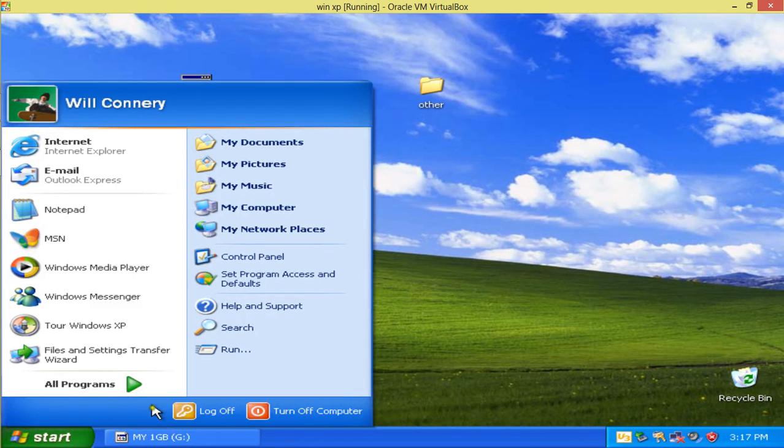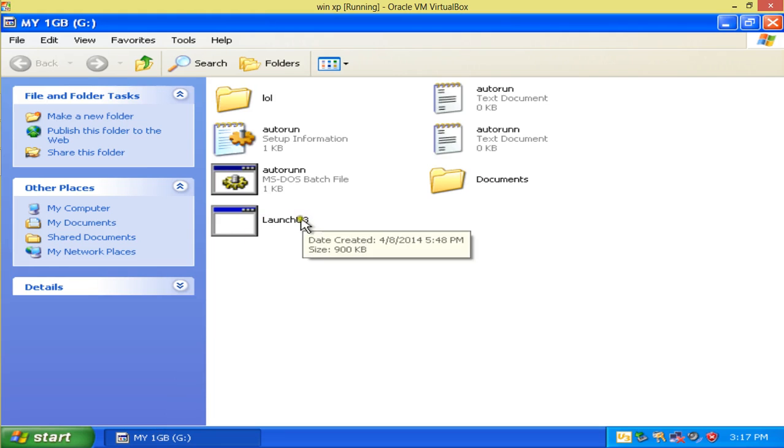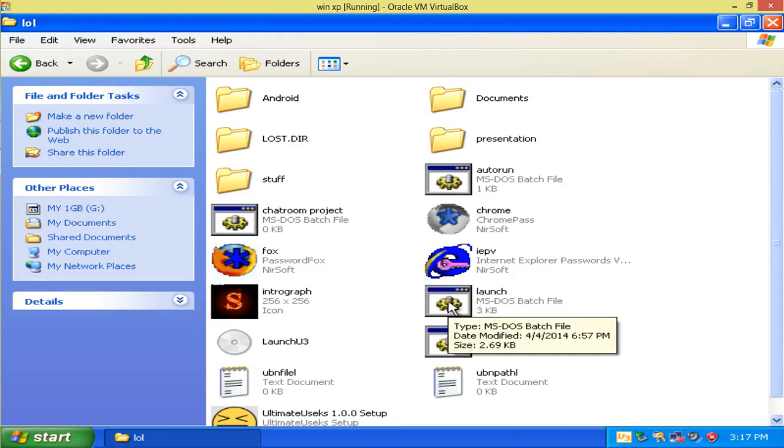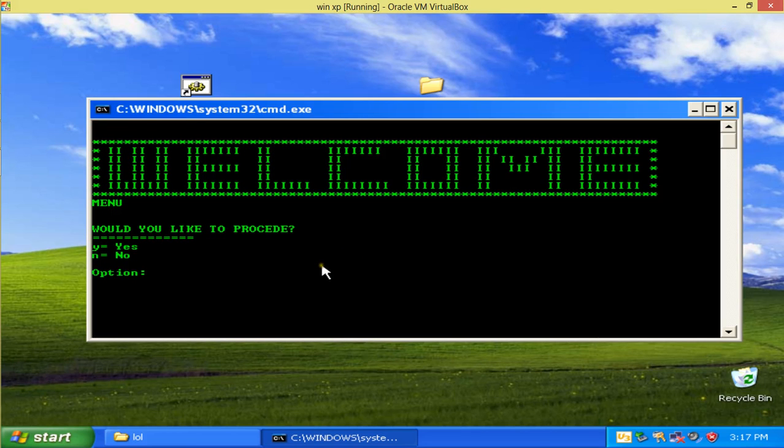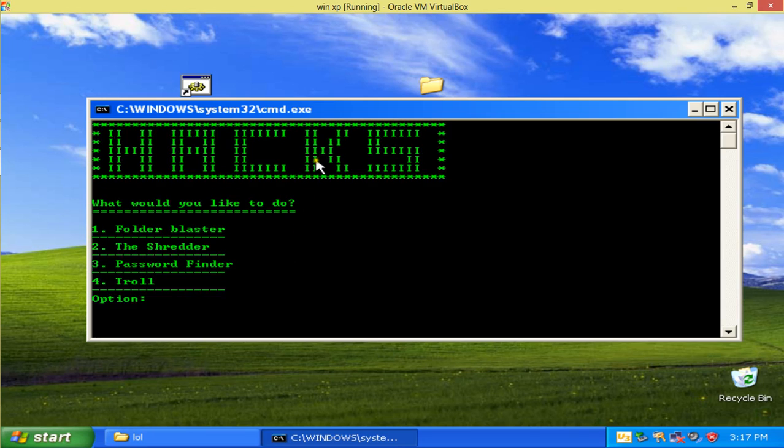Okay, hold on. Oh, I have to go here. That's my shortcut. If I go to launch.bat, I got a lot of stuff in here. Would you like to proceed? This is mine. Basically, most of the code is designing. Most of it's very simple. So as you can see, I have my big welcome thing. That's all pretty easy. You just choose your option. You can go Y or N. N will exit you. Y will continue you, and that'll come up,